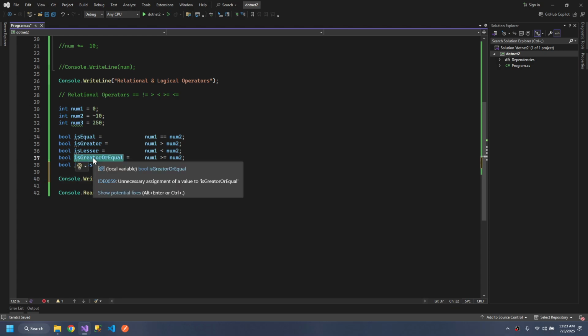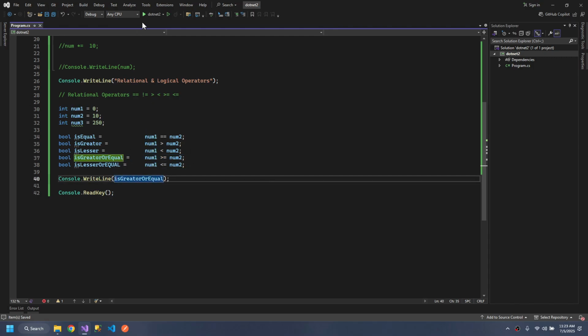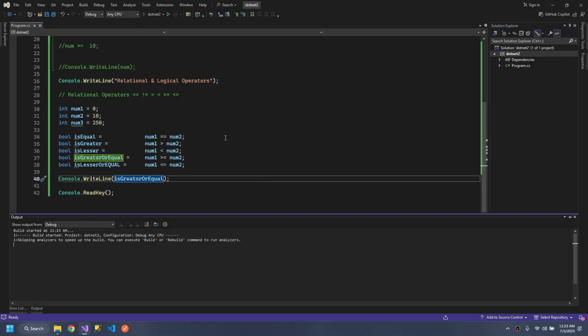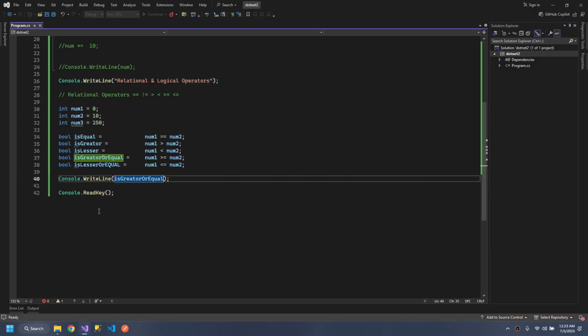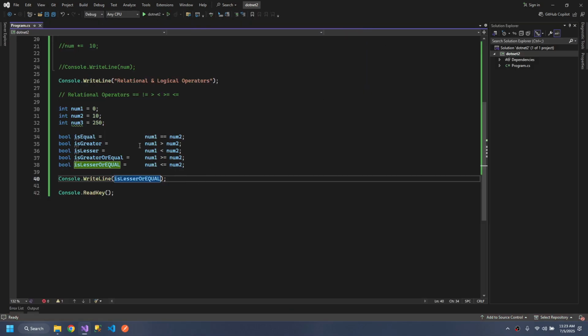Now we have these variables which define five different decisions, and let's check some of these. Is number 1 greater or equals to number 2? Let's not go with minus values. So number 1 is not greater or equals to 2. So the decision would be false. And if I choose this,